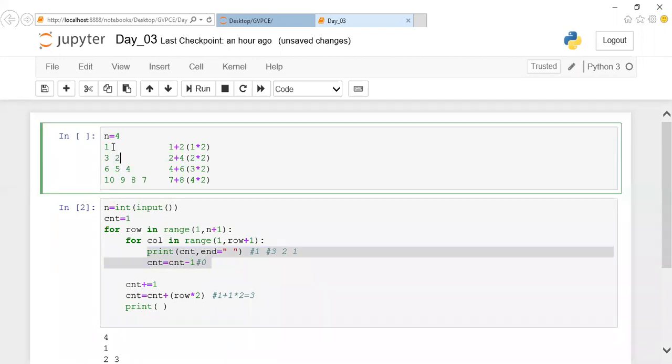This decrementation happens till, just a minute, I'll write in a marker. So here this decrementation happens till 0, this decrementation happens till 1, this happens till 3, and this happens till 6. So when you're trying to add, I want to add this 2 not with 0, I want to add with 1. So that is the reason here I'm trying to increment it.